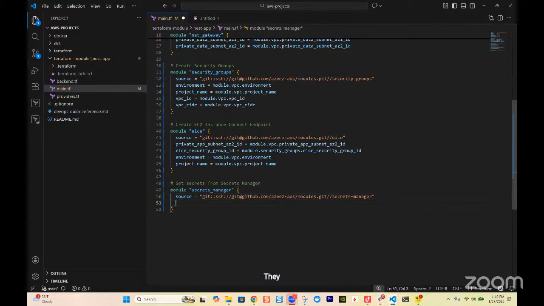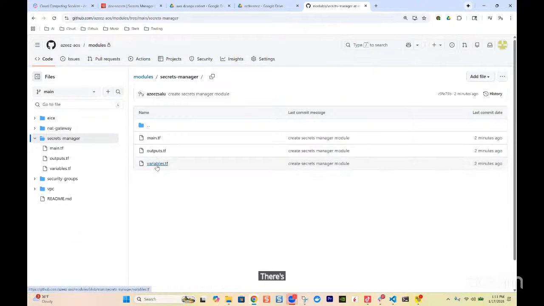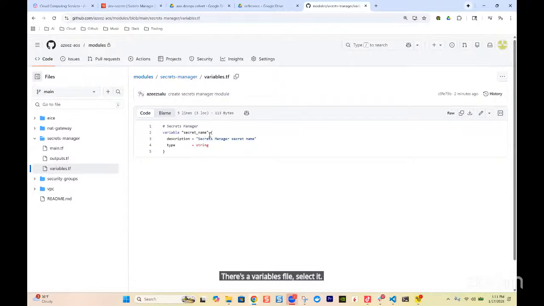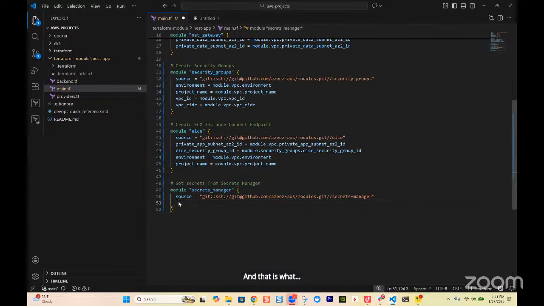Then remember, whatever module you are pointing to, that module will have a variables file. If the module has a variables file, that is what you will use here, right? So you go to that module, there's a variables file, select it. Whatever variable is there, that's what you list. So here you can see there's only one variable. So I'm going to copy that variable name, and that is what I'll put here. Then I'll do equals,